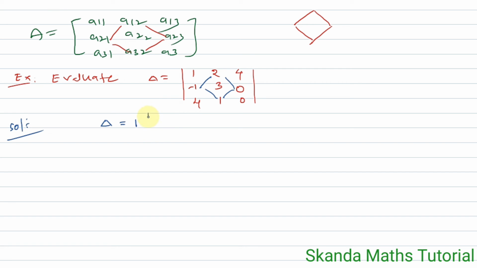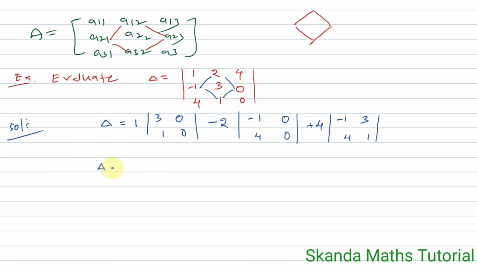so this we can write. Once I want to write clearly: this column cancel, this row cancel, write 3 0, 1 0. Okay, so for the next element, which has a negative sign, it is minus 2 into, this column cancel, this row cancel, so it is minus 1 0 and 4 0. Next plus 4, because only this element has negative sign, the remaining are positive signs. 4 into, this column cancel, this row cancel, so minus 1 3 and 4 1.